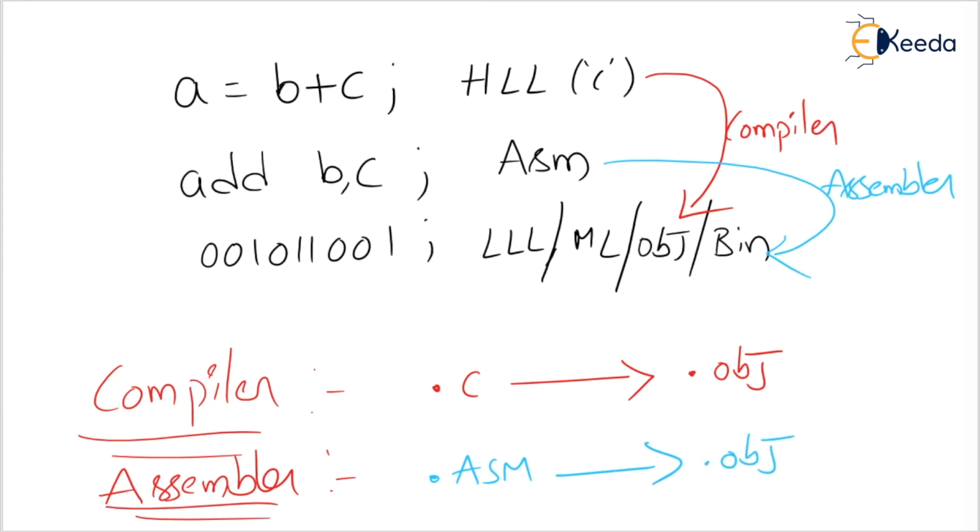Dear students, please try to understand. This is very important. That's why I am telling. This one is called opcode. Opcode means operational code. Compiler converts high level language to low level language. Assembler converts assembly language to the .obj file or low level language. Now low level language is nothing but binary language. Binary language means opcode. That's what I am telling.